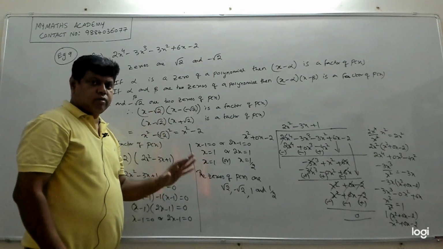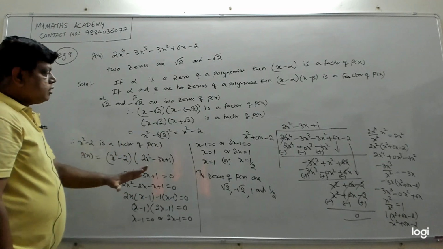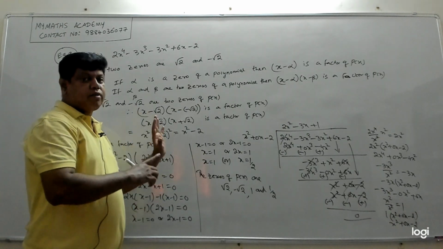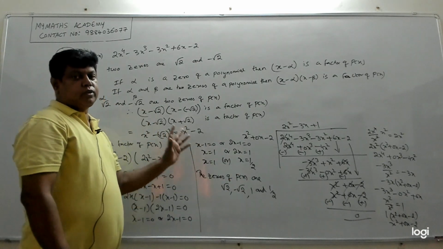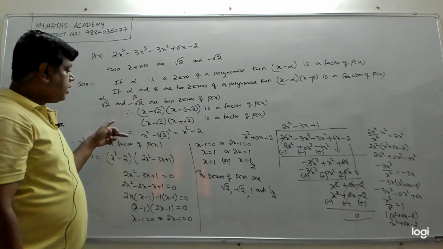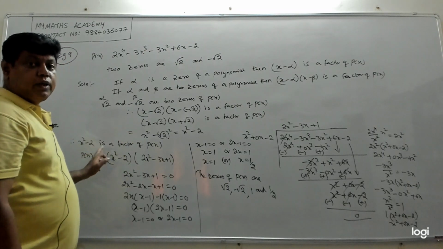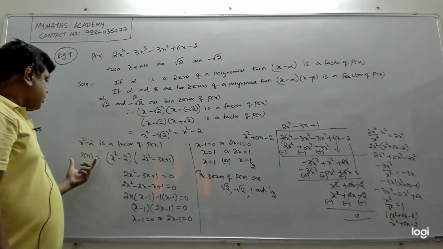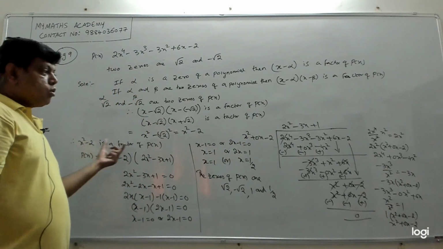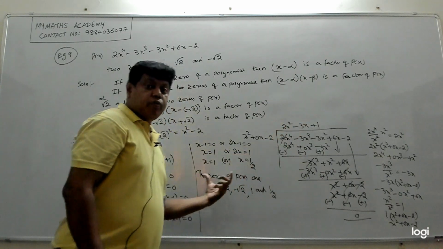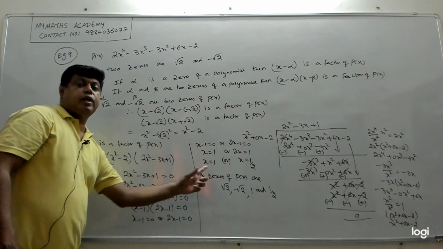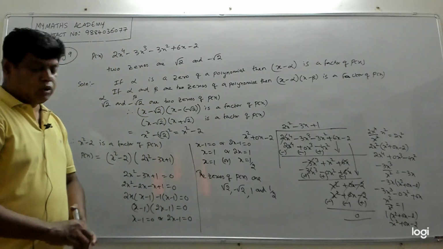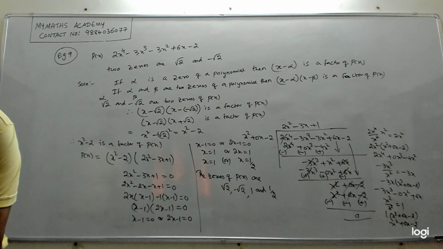If you just practice 2-3 times how to do this, and basically it's not only the practicing part, you have to understand the concept also. The concept is this: when 2 zeros are given, from the 2 zeros I can get a quadratic polynomial. Then I will divide my given polynomial by the quadratic polynomial that I got from the given zeros. Then take the quotient, then factorize the quotient to get the remaining 2 zeros. Clear? So now we will move on to exercise 2.3